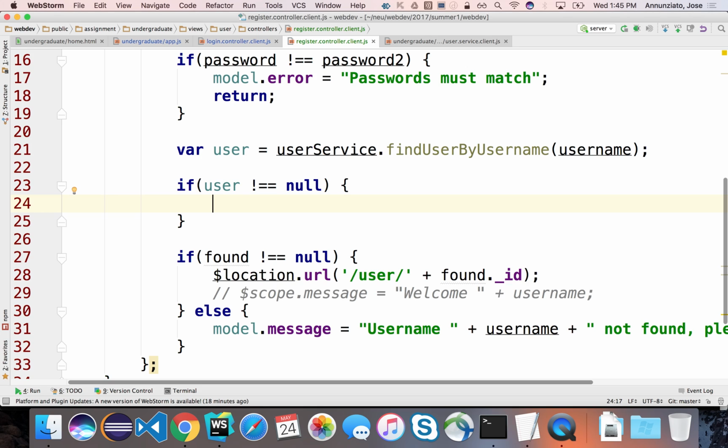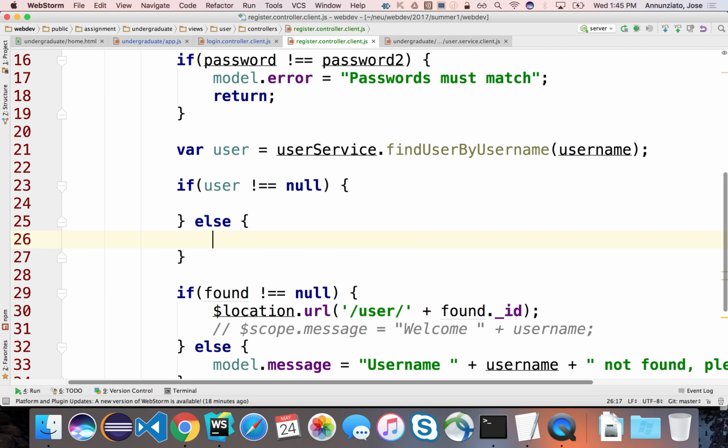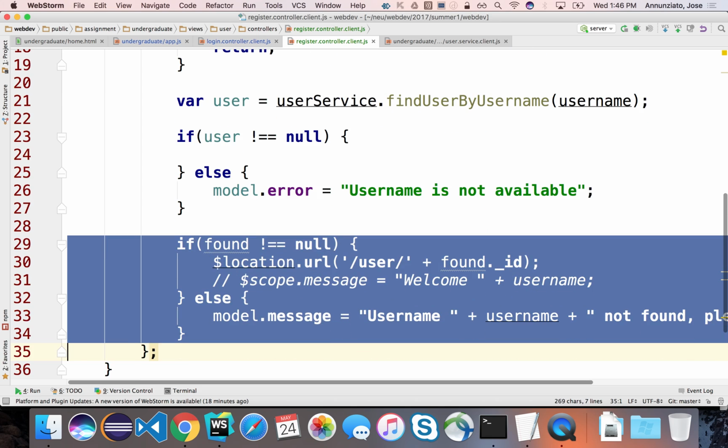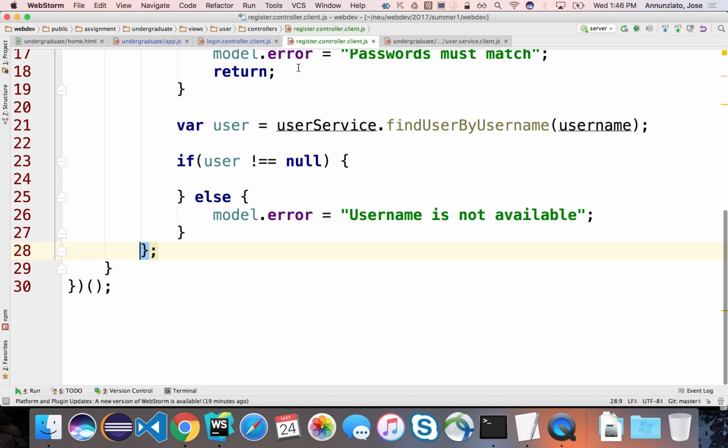add the user to the collection, right? And navigate to the profile of that particular user. Yes, but if it is not null, right? If it's not null, we can create another error message. Error: username is not available. Yes, right? So let's see. Right. So if